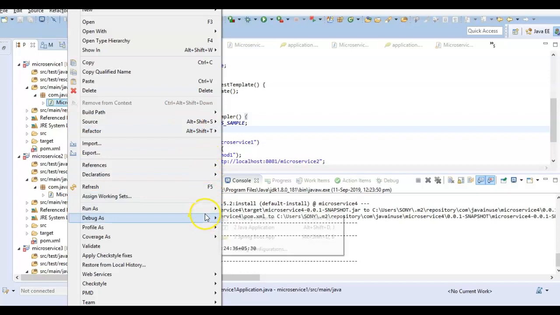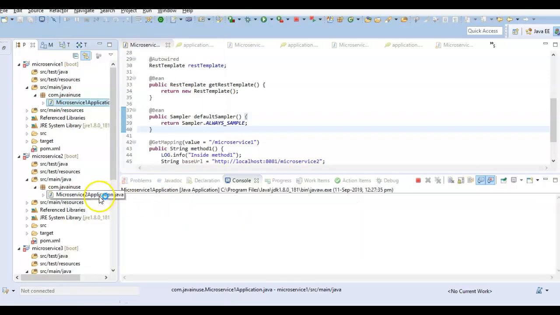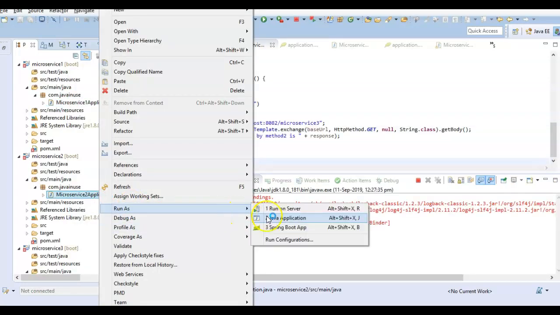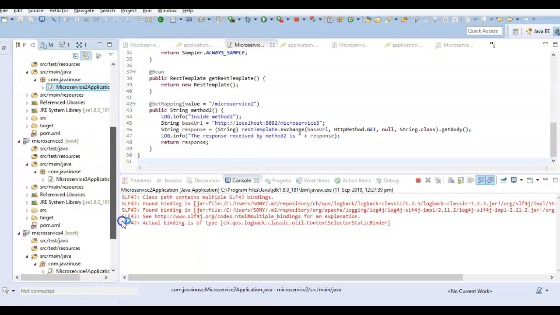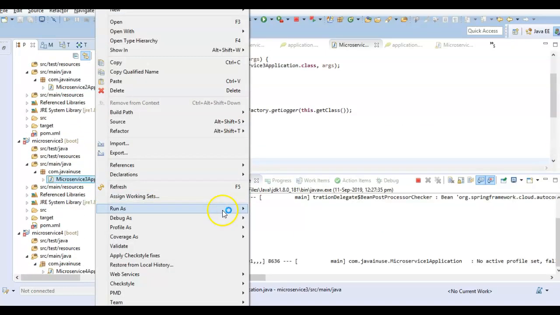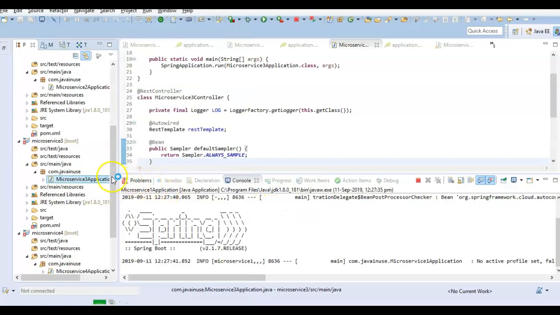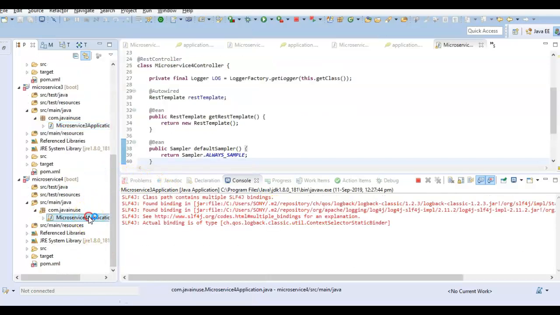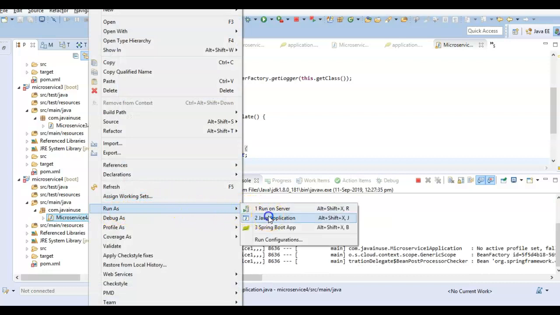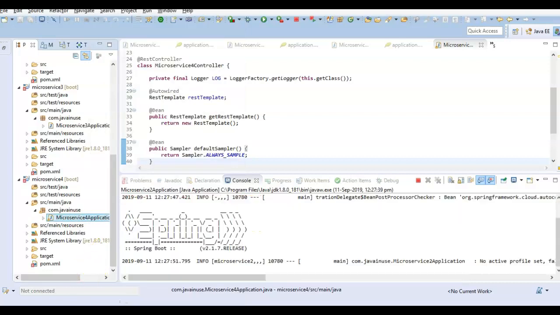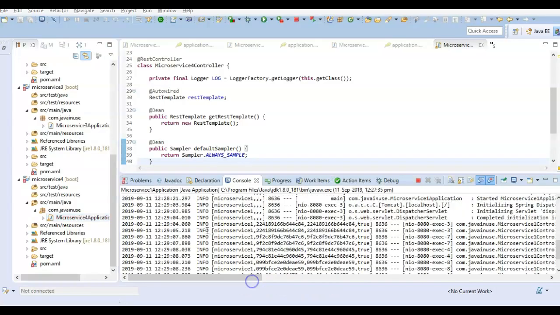So let us start all the microservices. Start microservice 3 and finally start microservice 4. All the 4 microservices have started. So let us go and again hit this multiple times. So I'll be refreshing it. Now if we go here in the console logs, we can see that the Spring Cloud Sleuth token is attached